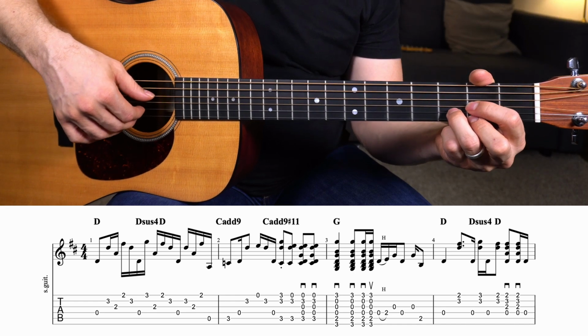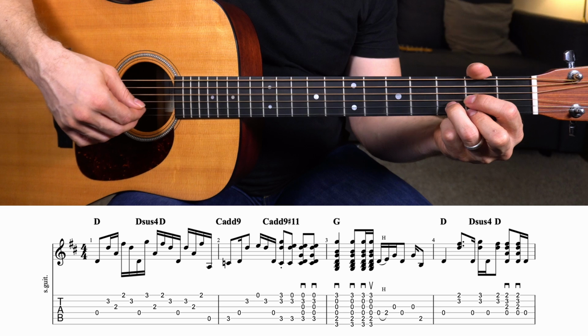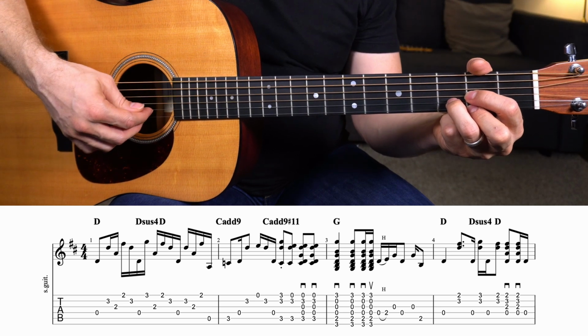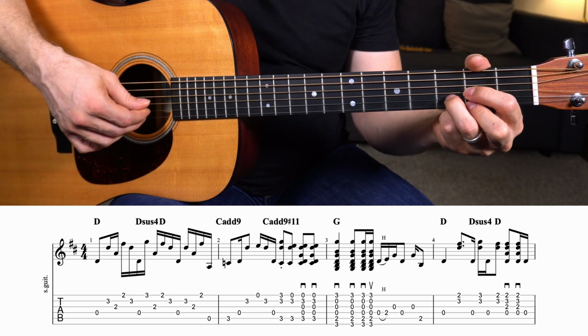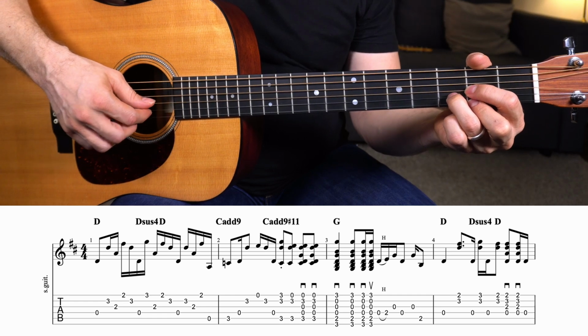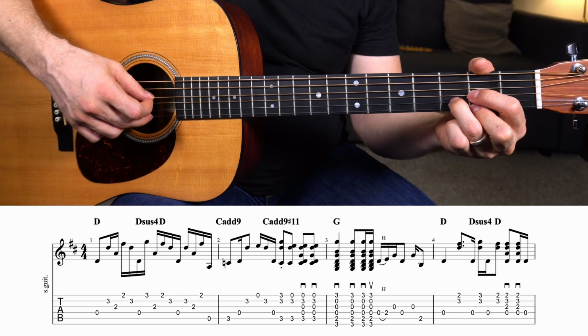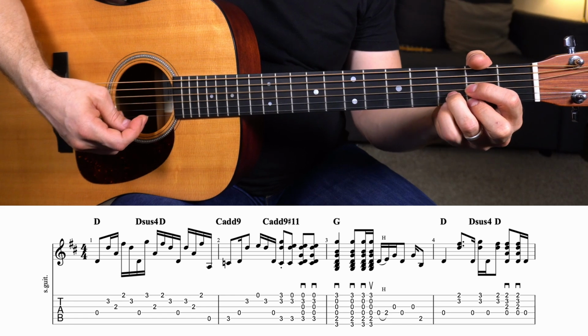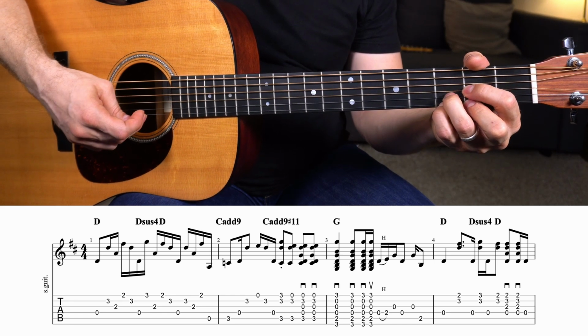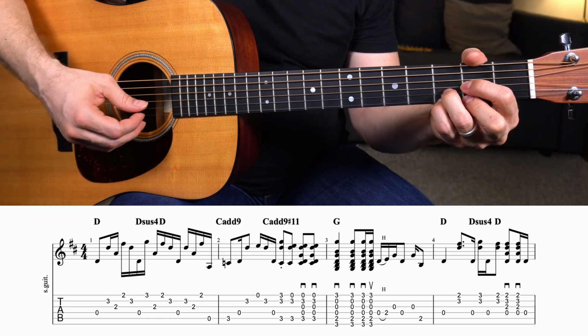This is the only 8th note in the whole measure. All the rest of the notes are 16th notes. So you have 1 E, and then you have your index finger on the B string, thumb on the G, middle finger on the high E, index finger on the B, back to the D with your thumb, and then your pinky comes down to do a sus4 chord, a D sus4,